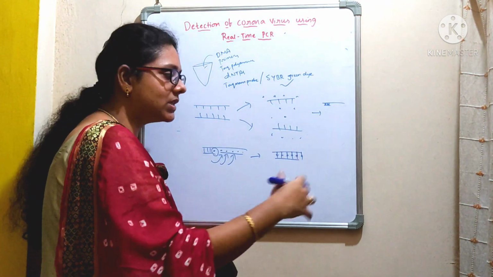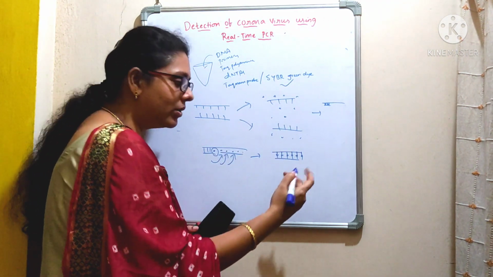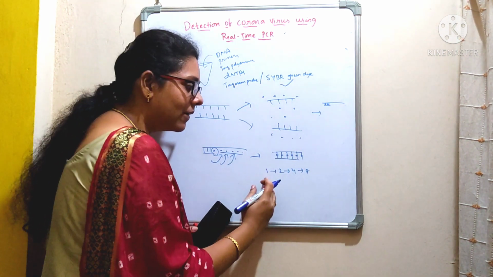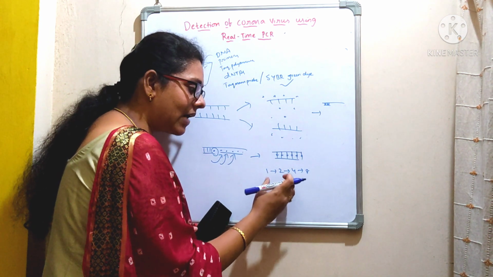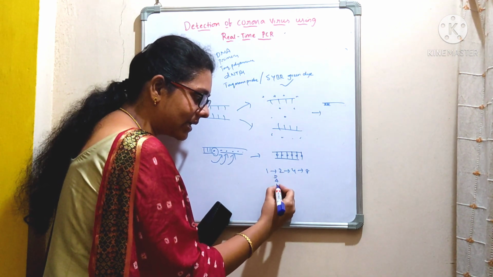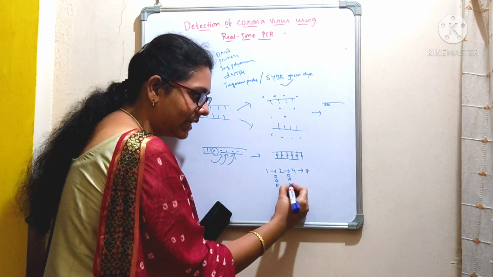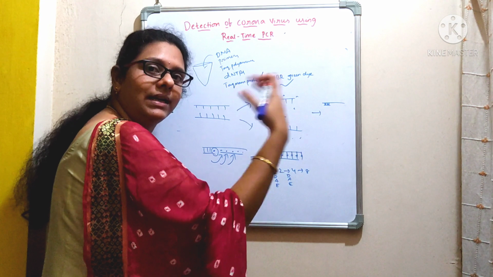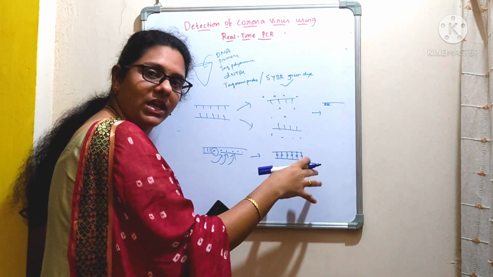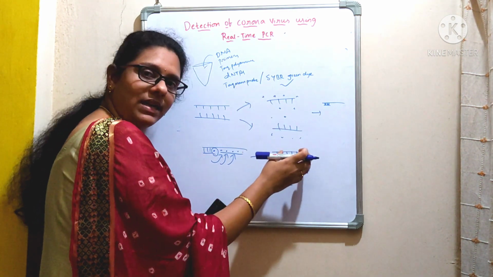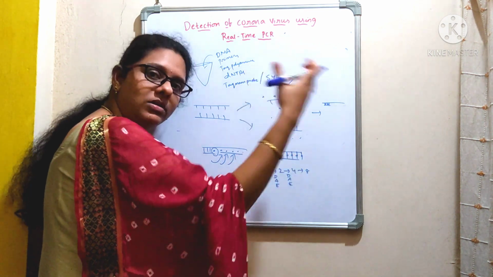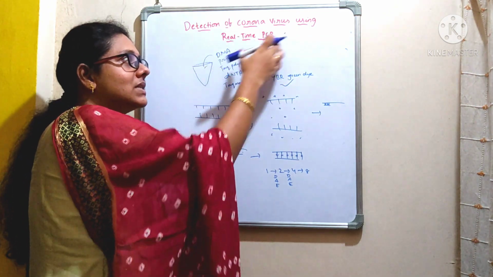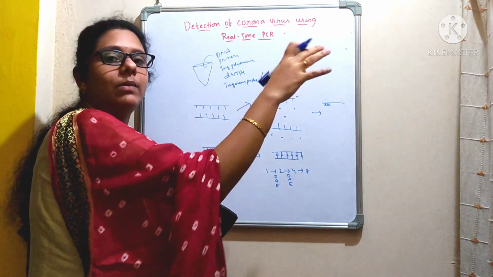And as the reaction proceeds with the amplification of the gene, I told you earlier that 1 will become 2, 2 will become 4, 4 will become 8. That means each cycle will have a denaturation, annealing and extension. So with each cycle, the amount of DNA will get doubled. As the amount of DNA is getting doubled, the light intensity or the fluorescence will also increase. That will be captured with the help of detectors that are present in this PCR machine, and displayed